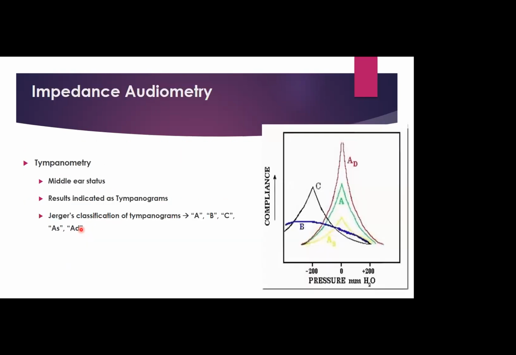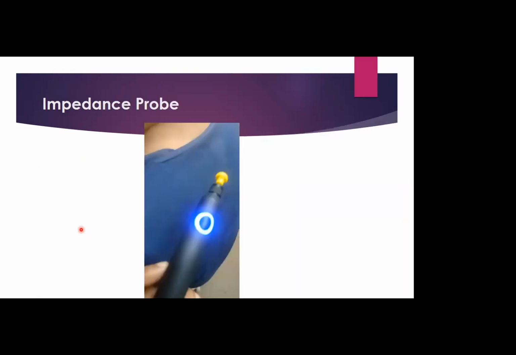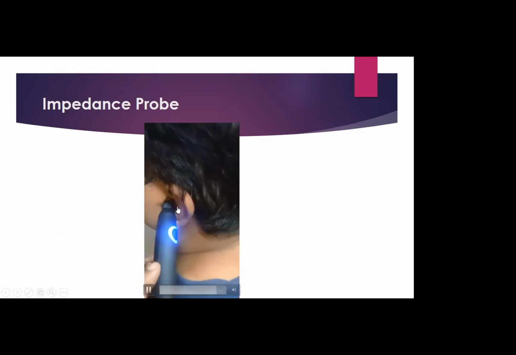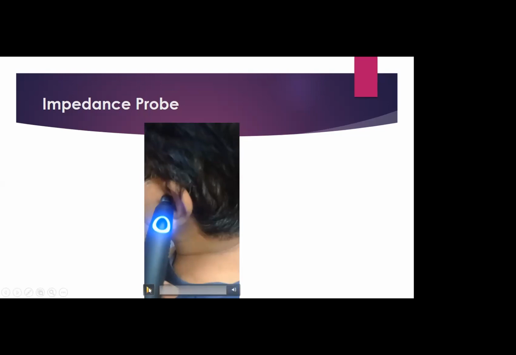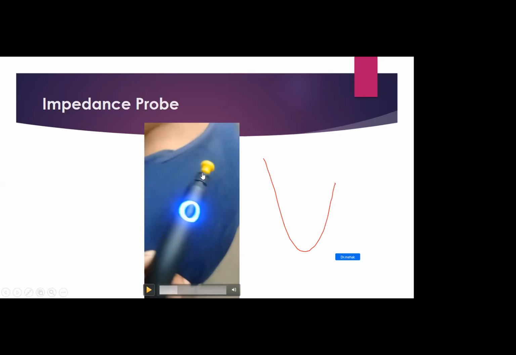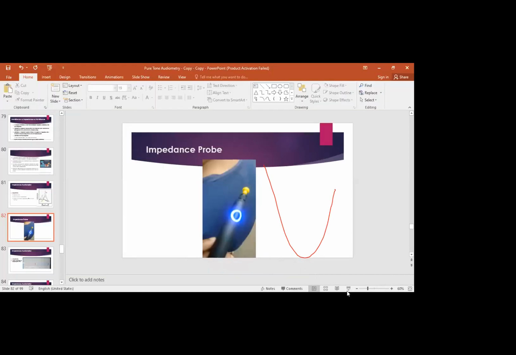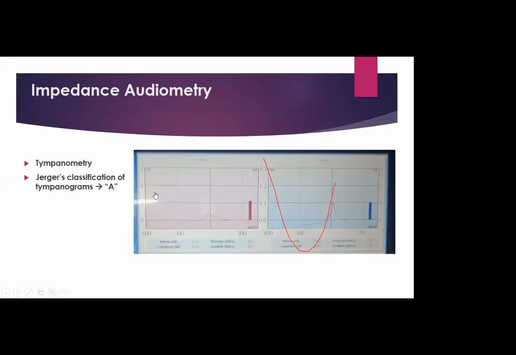So various types of tympanograms can be observed during the tympanometry. If we see this probe of an impedance audiometry, we can see how this is inserted. This is the probe having a soft probe tip, and various sizes of these soft probe tips are available, so that it can fit the different sizes of different clients. Then these tympanograms are observed on the screen